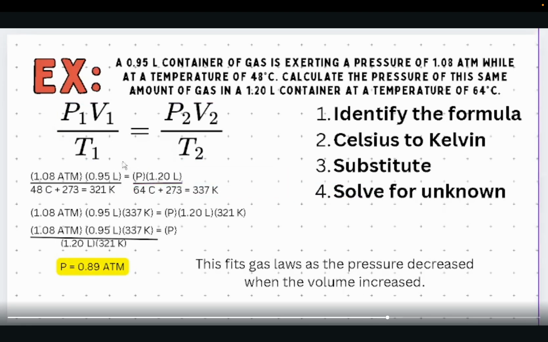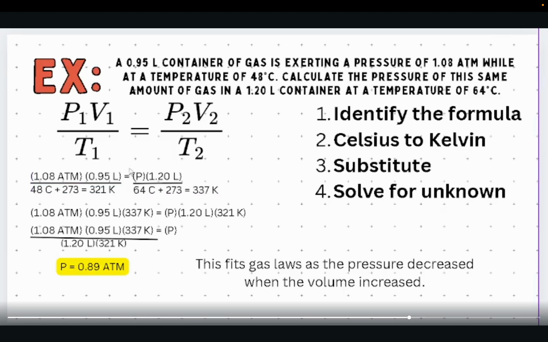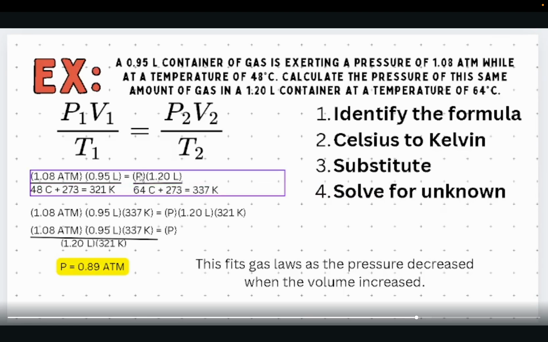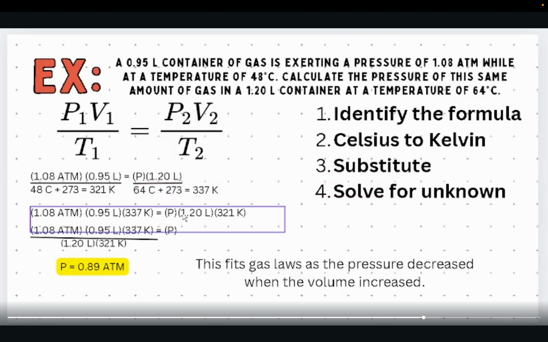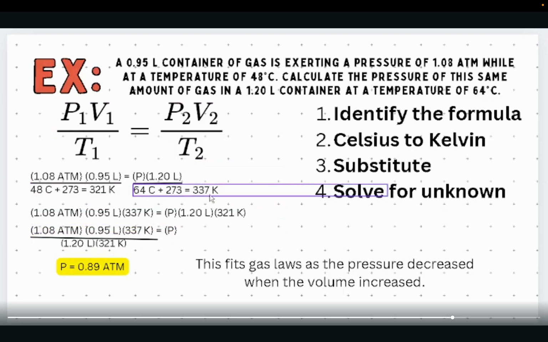How do we solve this when we plug all the values into the gas law? This is just basic algebra. You have to substitute the variable for P, and once you do that, you can solve. So it's done over here: 1.08 atmospheres times 0.95 liters times the 337 Kelvin. That came from this part of the equation. We now multiply it on the other side, because we are substituting this variable of P2. Then we have 1.20 liters, which is the volume, and 321 Kelvin, which is